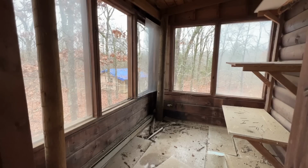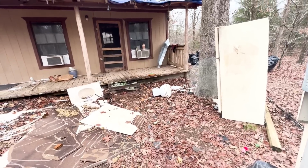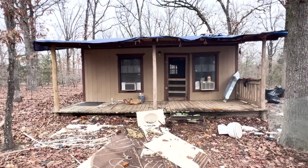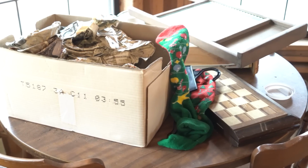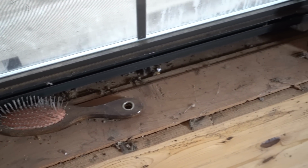We are sharing our first project of the year, and it is amazing because it's a decrepit cabin. I said decrepit. Tell them how decrepit. Do you like dead birds? How about squirrels? No, I mean, really, the home hasn't been touched in many, many years, and so it has